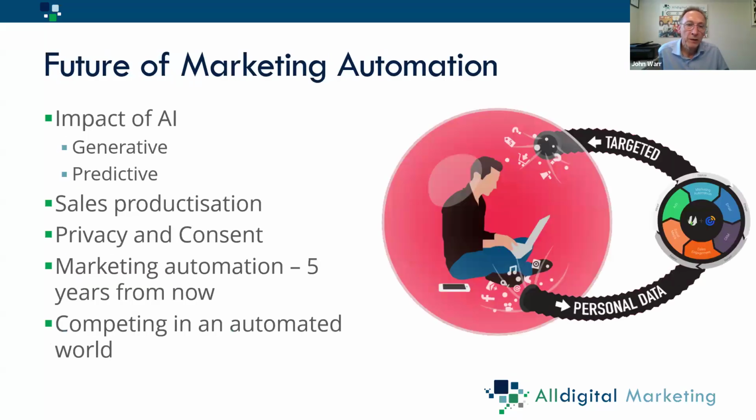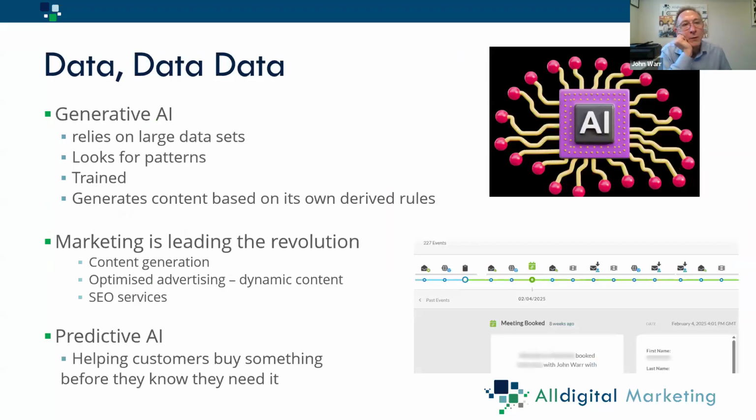Last little bit, where are we going in the future? I'm just going to cover this very, very quickly. AI, I've already mentioned its impact, but there's another one that's coming along, which is privacy and consent. So AI is just going to become more and more pervasive. However, AI requires data, data, data. So it's very good at using data sets to be able to predict ultimately who it is and to be able to send information to people that is completely tailored to them.